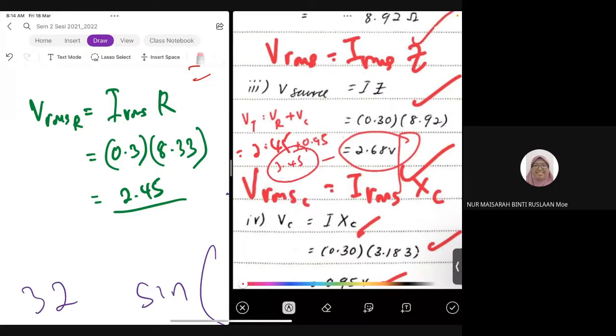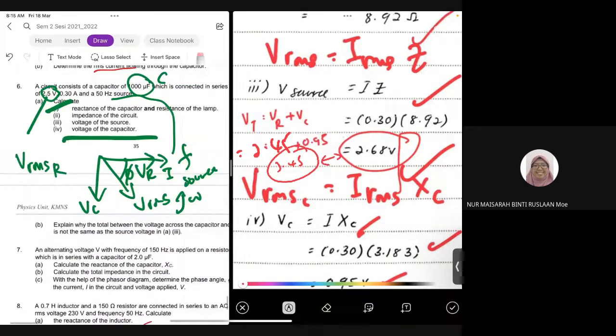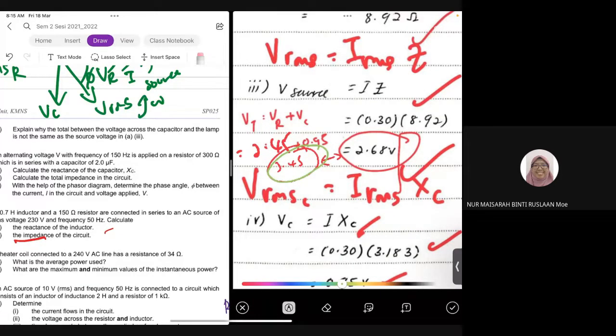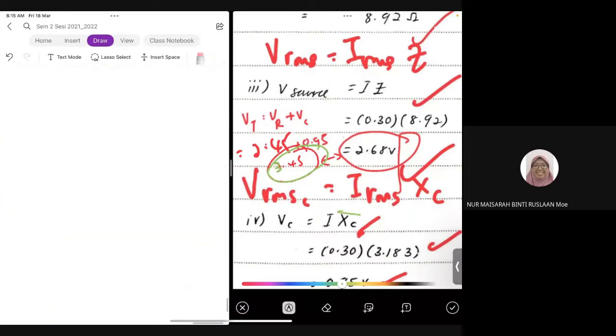Okay, so you kena compare between these two. Kalau soalan dia macam ni, explain why total between voltage across capacitor, meaning hasil tambah this one, hasil tambah VR plus VC, we get 3.45. But why the result that we get is 2.68, which is less lah. So awak kena jawab lah, because VRMS kena jawab berdasarkan formula je. You jawab because